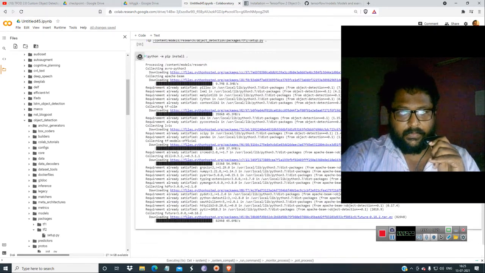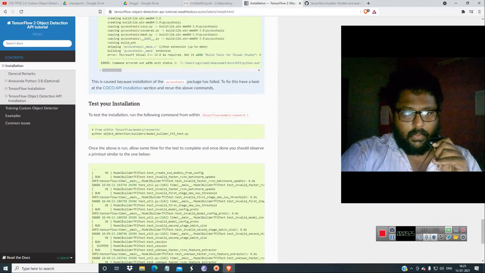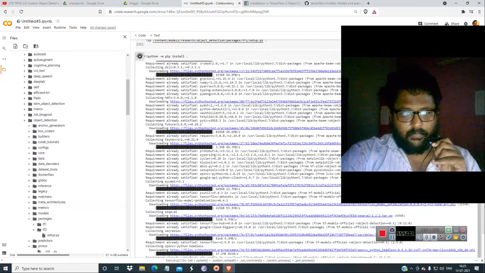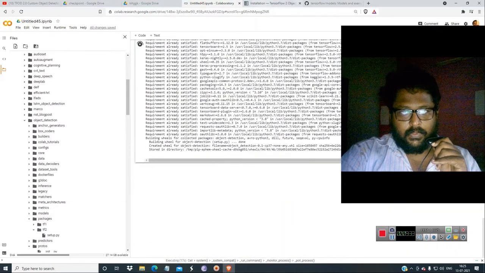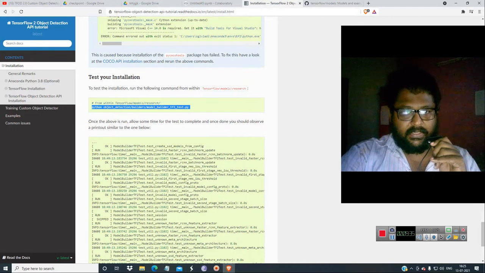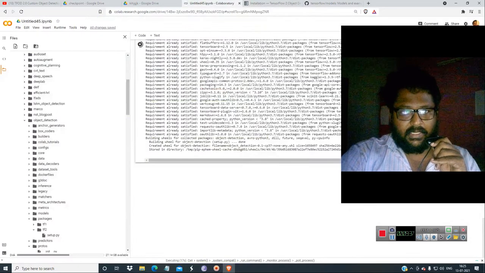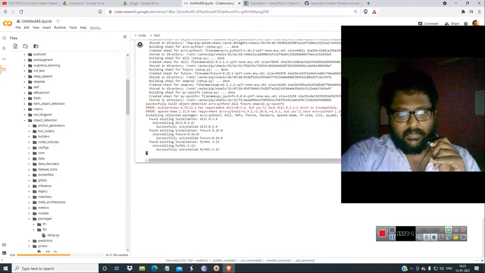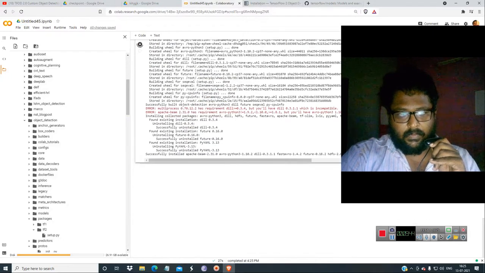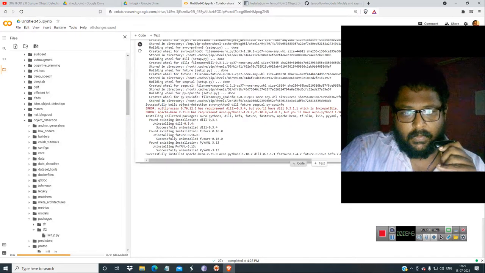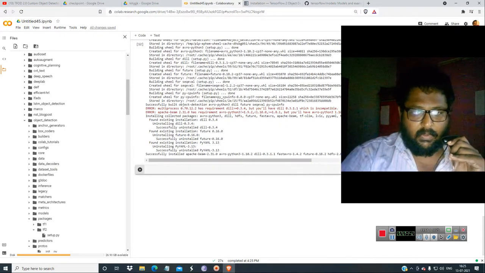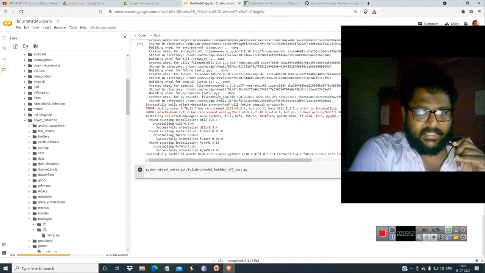Okay, so we have to test the installation now. From here, we have to go to this folder. You just select this to check whether the given folders are correct. Okay, the given procedures are correct. Then just get away. I don't know why Google people are making this so difficult, because darknet seems to be much easier than this.